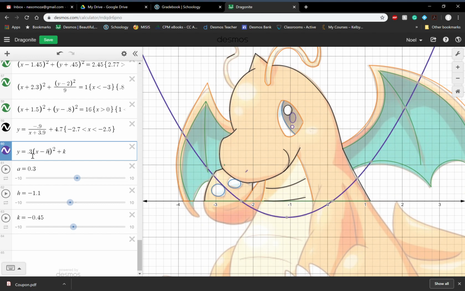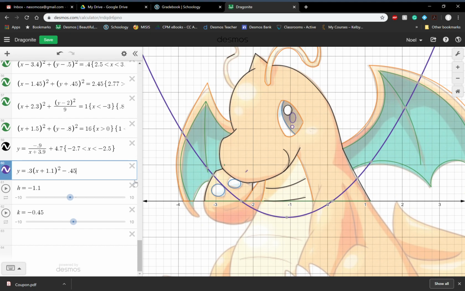Okay, so now again, I want to go back and change my A value to 0.3 and delete A. I want to change my H from, since it's -1.1 that I'm plugging in, then it turns a positive 1.1. And then my K will be -0.45. Okay, and there's my function. So now I can go back, erase the sliders,